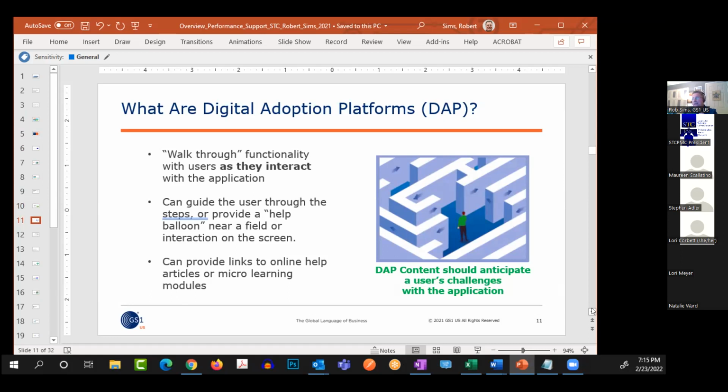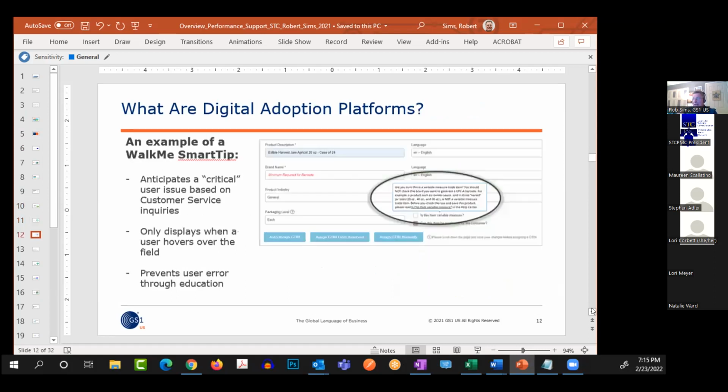What the digital adoption platform really does is anticipate questions. So you can actually anticipate an issue that comes up. And a great example is this. And this is an actual example from our software. A lot of folks, we had a checkbox. You can see above that box with the text in it, there's a little checkbox, and people were accidentally checking this box that said, is this item variable measure? Because they thought their products were varied. They had varied t-shirts and varied candles or mugs or jars of jam, as we use as example all the time. But really, that's a totally different term that's very specific to GS1 and our world.